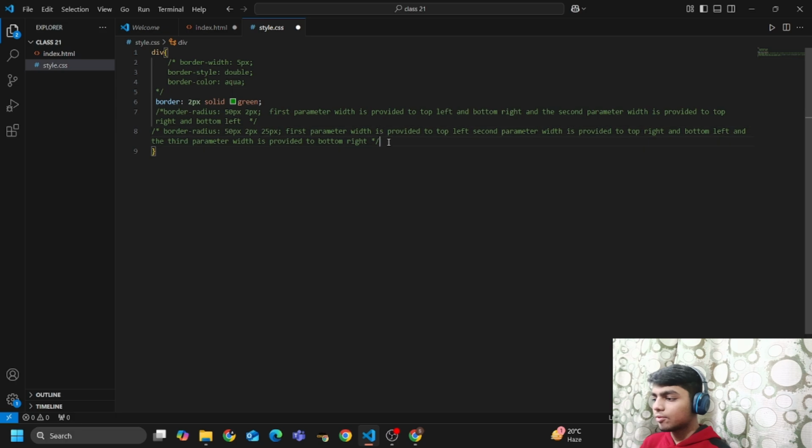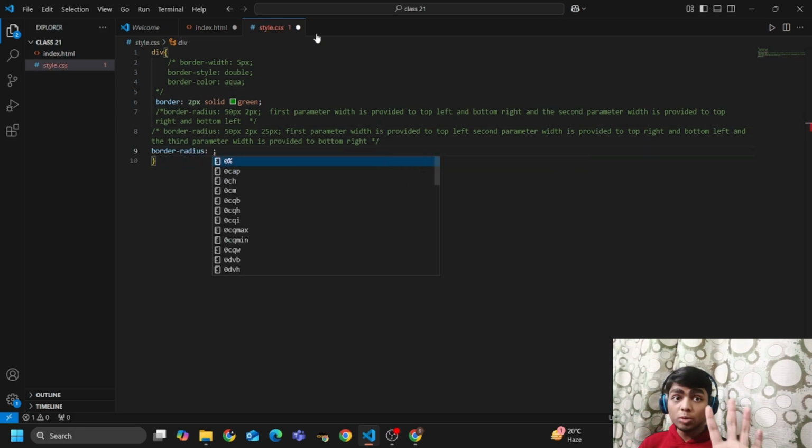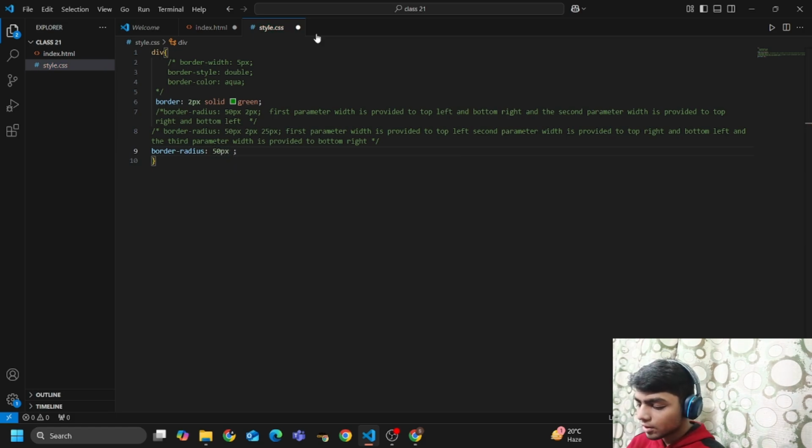Okay, and if I write here border radius and provide four parameters like 50 pixels, 25 pixels, 10 pixels, and 2 pixels.